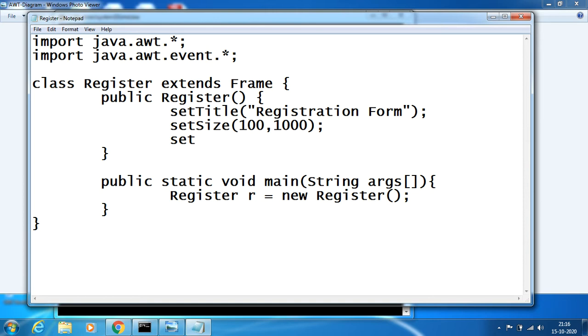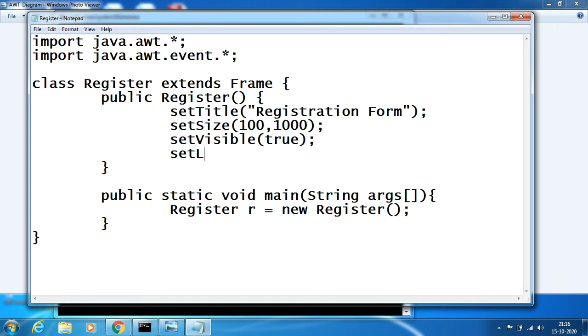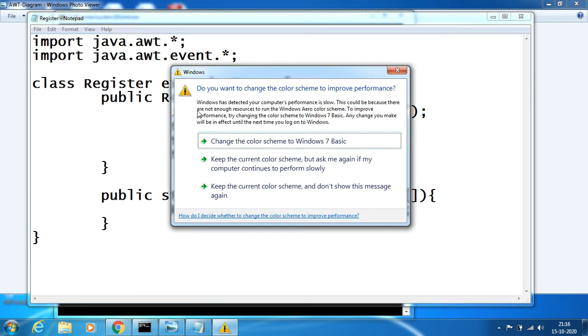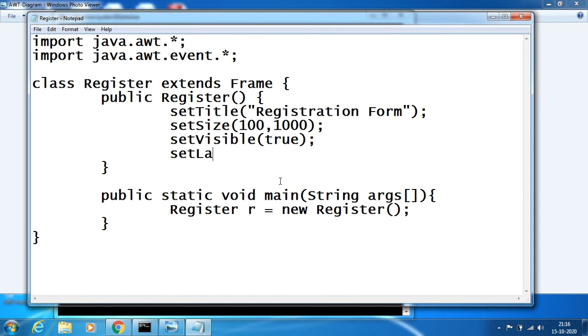Then setVisible(true). setVisible is a method which is used to make the frame visible or not.